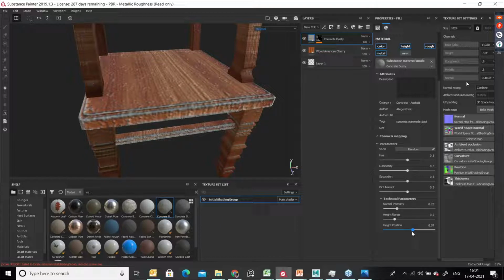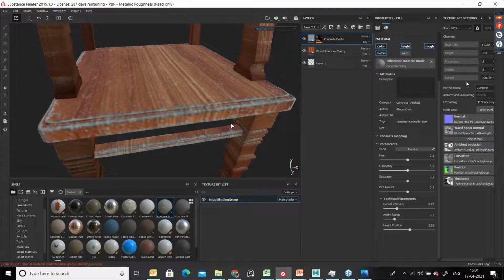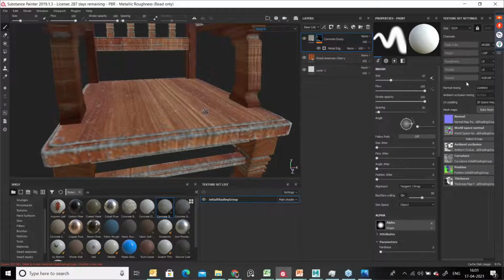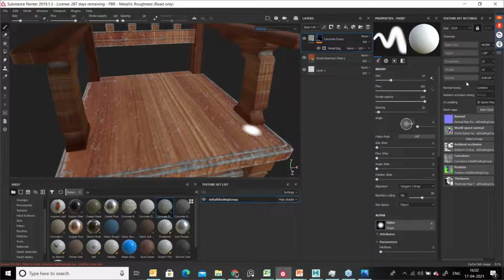So make it very mild. Okay, so it's like this. Then next one, I would like to apply texture of dust or dirt map on the chair. Okay, so for that I need to take a paint information over here. So in the effects, I should choose a paint. Go to effects, add paint.